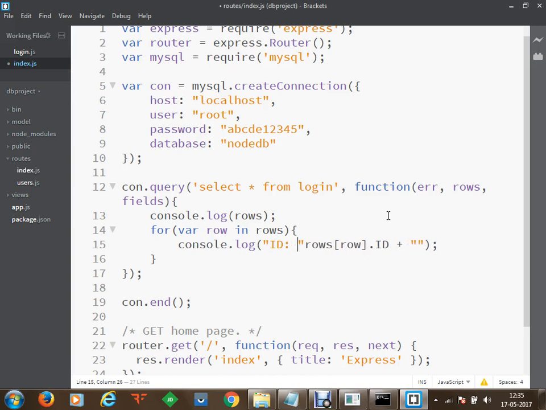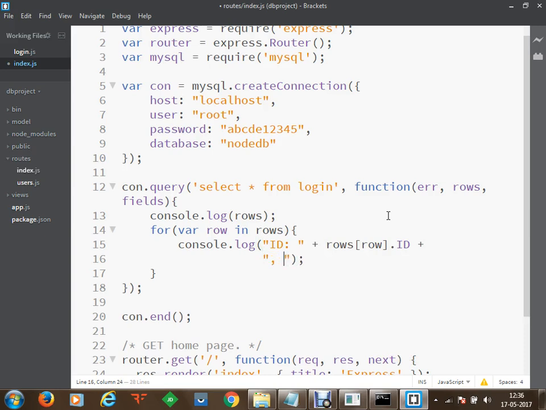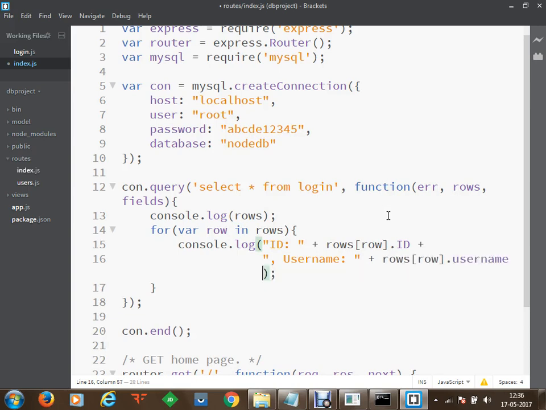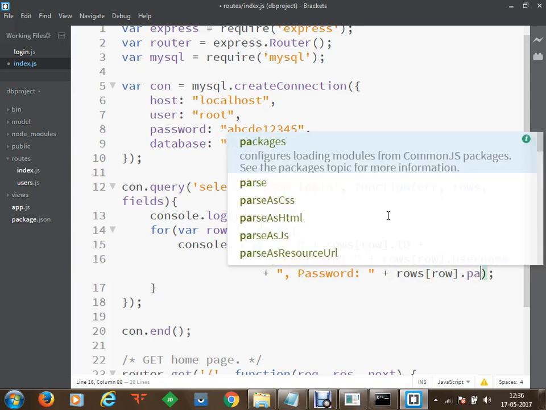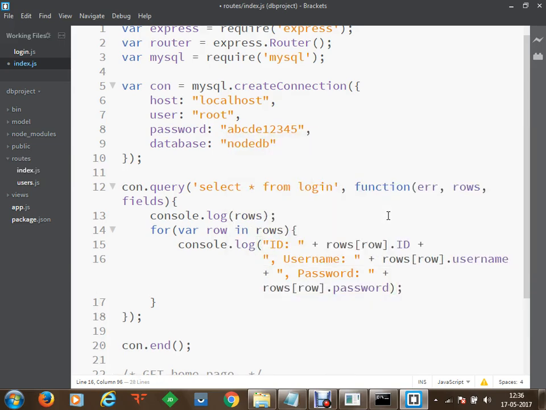ID is this, and after ID we have username will be this, rows of row dot username, plus, and next we'll have password, and that will be rows of row dot password.